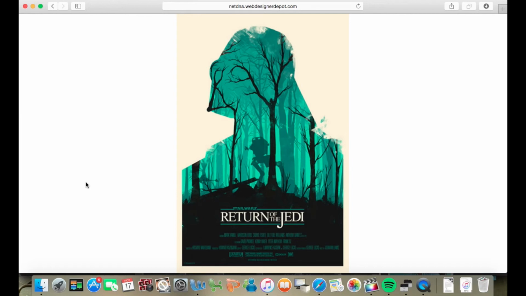So they've made the audience look at the Darth Vader outline, which is very intriguing, and then they've also looked inside at the woods, the walker, which could possibly give away a lot of the film plot, or some of the film plot, as it may suggest that the film will take place in a woods somewhere. And yeah, it's a very different poster. They've also made sure all of the text, apart from Return of the Jedi, is in green, so it blends in with the general theme of the poster. And yeah, it's a very striking poster.